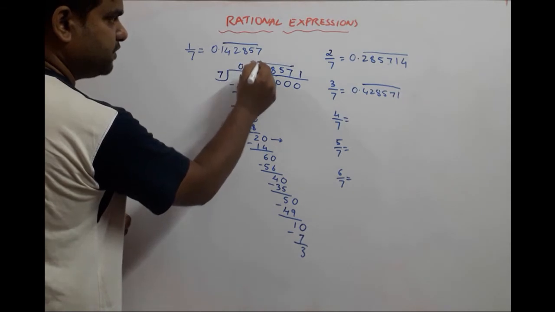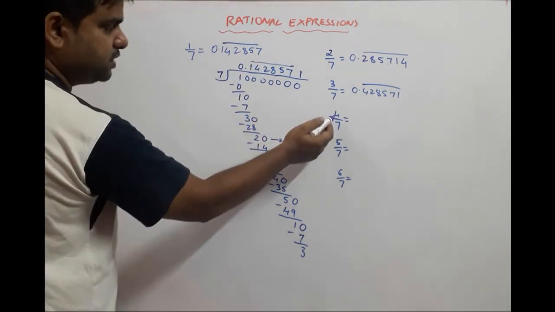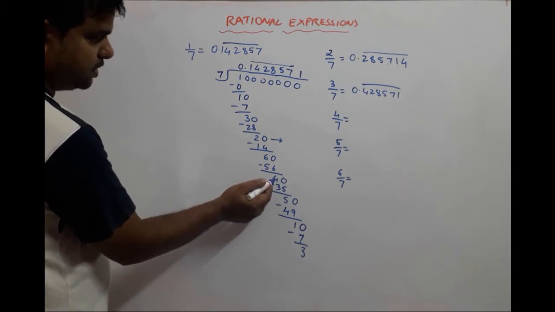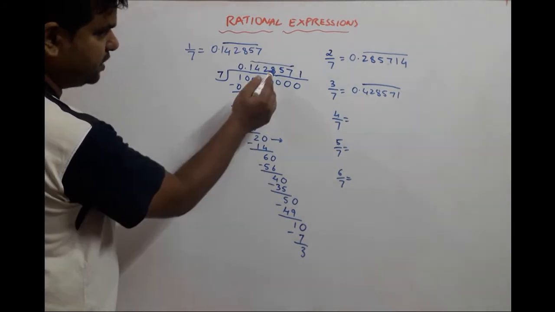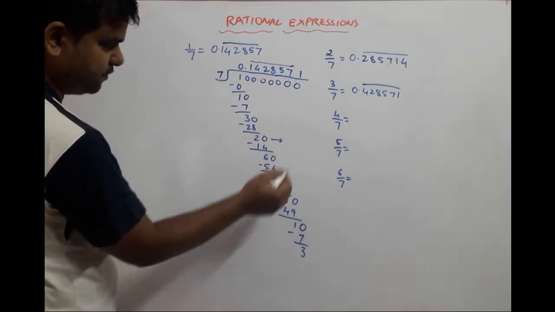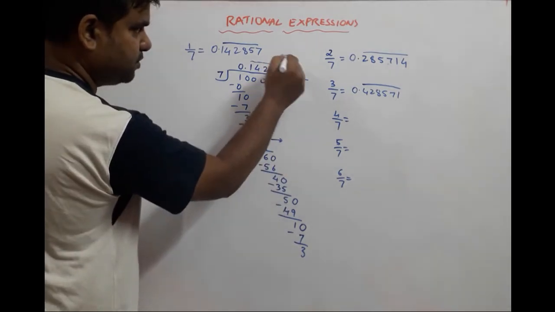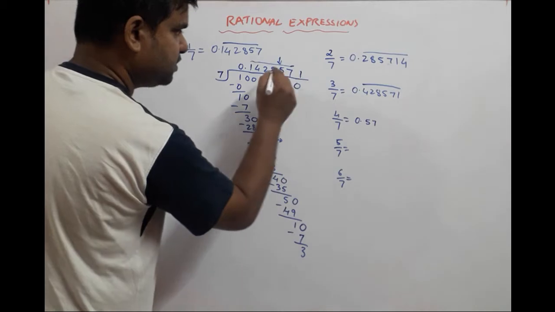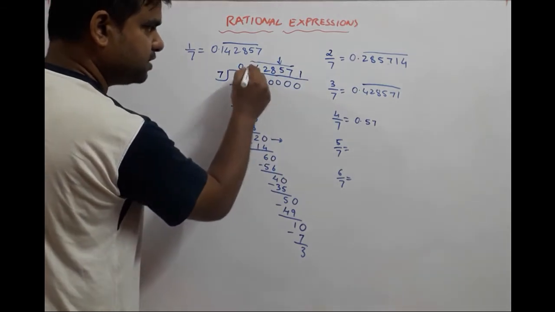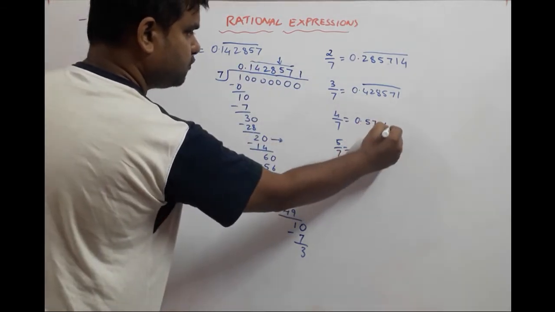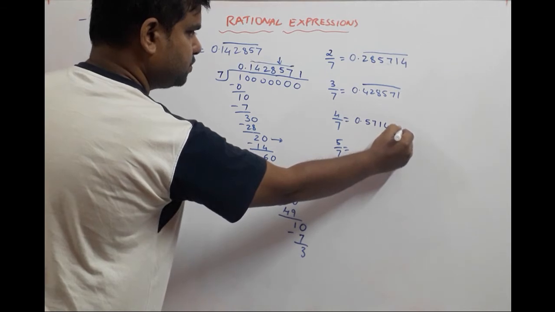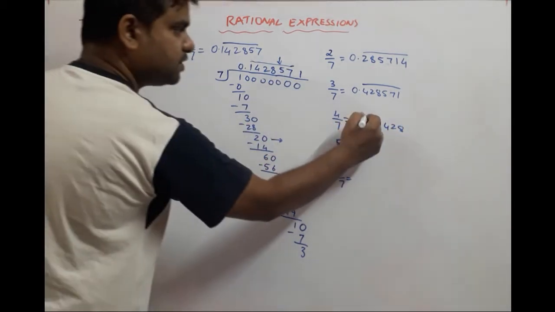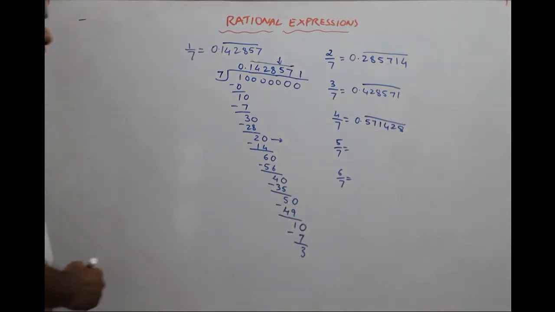For 4 upon 7, where 4 is now the new dividend. So where does 4 come? Over here. And let us see. 7 eights are 56. So we start from 7 fives are 35. So it begins from here. So it will be 0.5757. Then it comes back 1, 4, 2, 8. And it stops still here because we started over here. Okay, and with a bar on top of this.